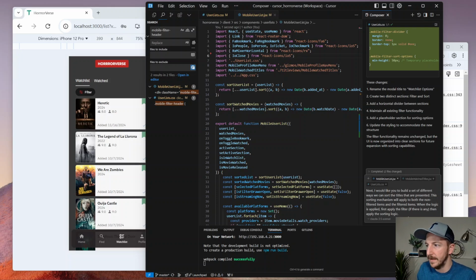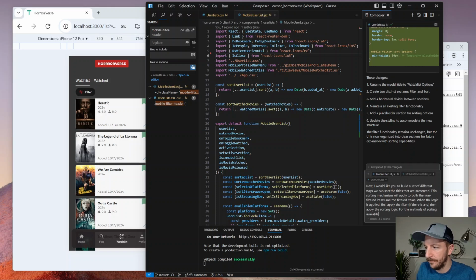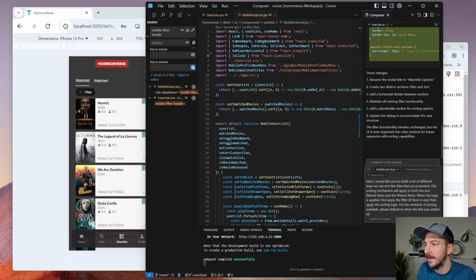Okay. For the methods of sorting available, please default to the, do we want release date? Let's put a default of, default to when the title was added to the watch list. The other options